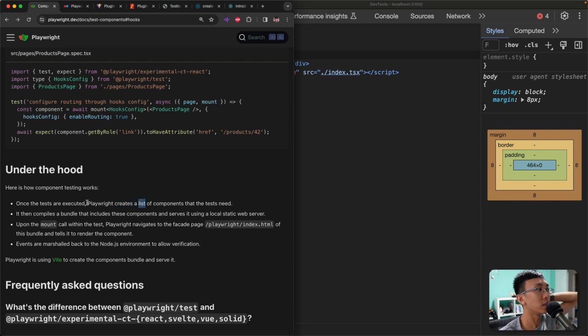This is where you say Playwright creates a list of components that the test needs, right? So I believe this list is the mapping itself, and then when we mount this one, it will navigate and then try to figure out and render that component. So when it sends the data over, it will check and see, oh, you need this component, let me look it up from what I have pre-bundled, and then take it out and put it in for us,